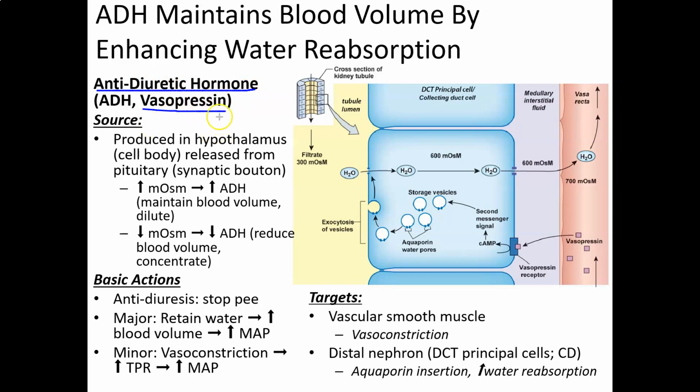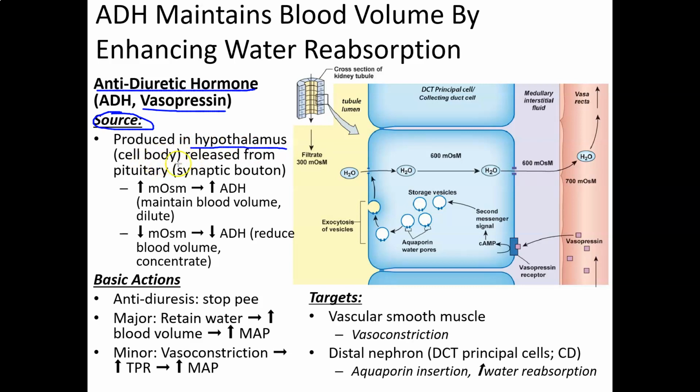So for these hormone discussions, we're going to look at a couple things. First of all, we're going to look at the source. So where does ADH come from? Where do we get antidiuretic hormone from? It's a little complicated. It's actually produced in the hypothalamus. We won't worry about what part of the hypothalamus, but it's produced in the hypothalamus in the cell body where